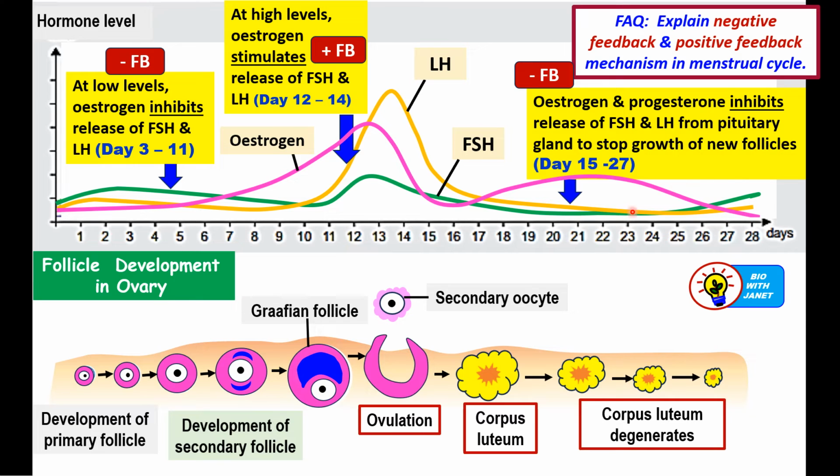Now we can see here that the FSH and LH levels remain very low in this period of time. That's because the estrogen and progesterone released from the corpus luteum inhibit the release of FSH and LH from the pituitary gland in order to stop the growth of new follicles. The graph for progesterone is not shown here, but actually it increases after day 14 and reaches the maximum level, even higher than the